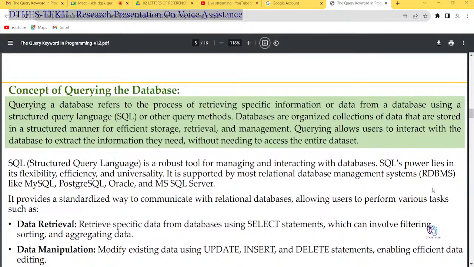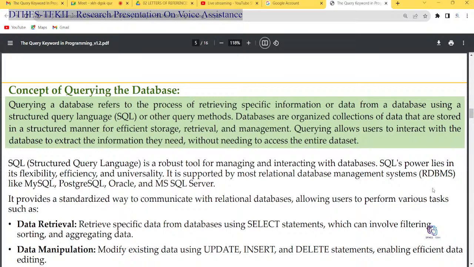So this slide talks about the concept of querying the database. Querying the database is essentially just to retrieve data, and any type of data you want to retrieve. Maybe you have a database, you want to get everybody in the age bracket of 1 to 10. Maybe you have a database that has customers with account number and balances in their account, and then you want to retrieve